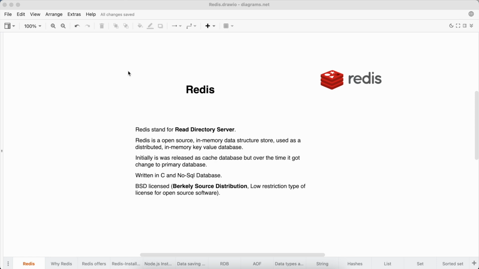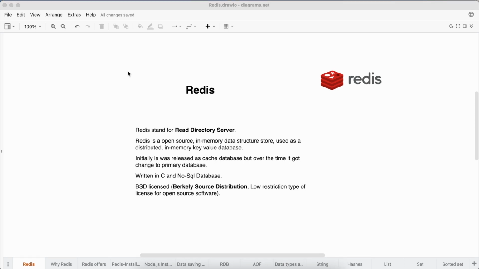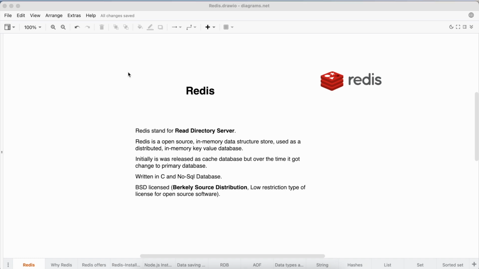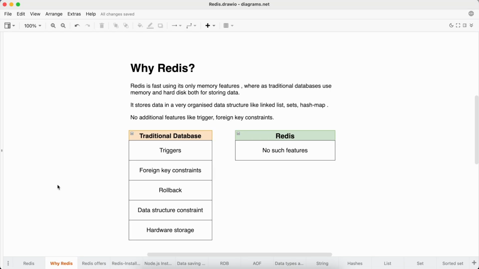A NoSQL database means a database which doesn't require tables. We can store the data in the format in which we want. Now the question comes, why should we use Redis? The first and simple answer is that Redis is fast, using its in-memory feature,